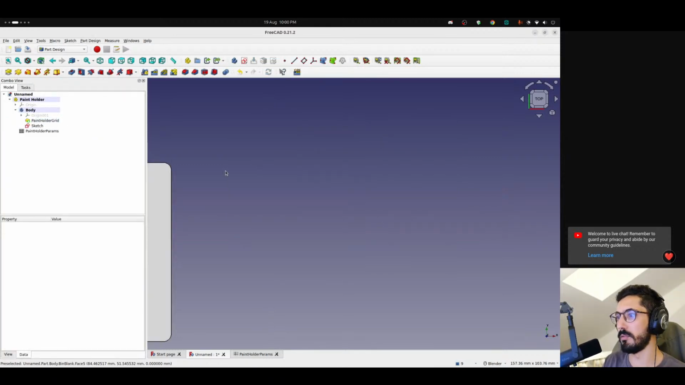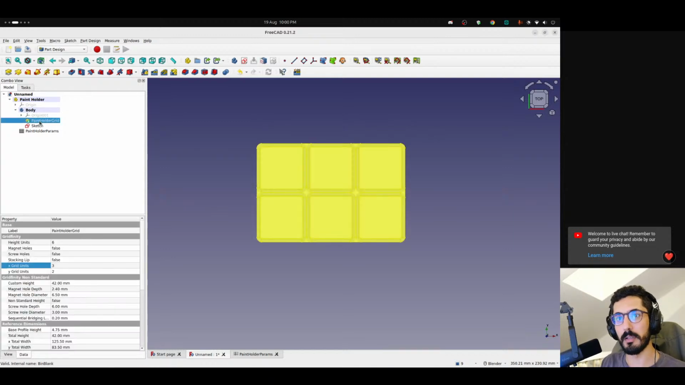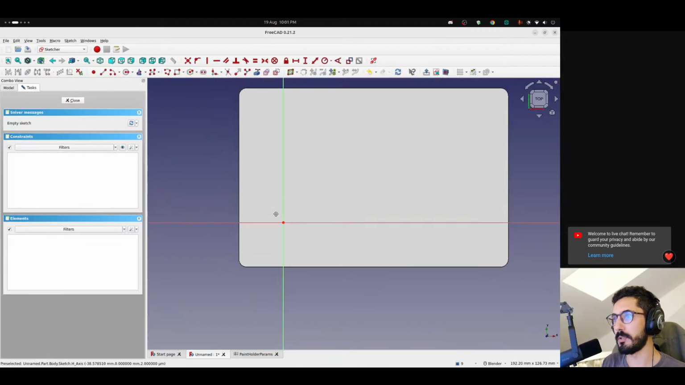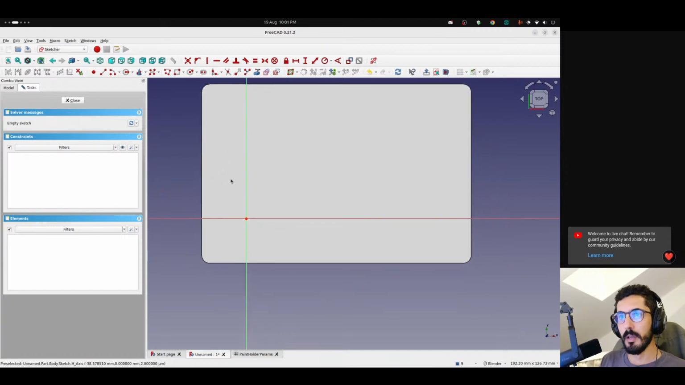Before we do the sketch, let's click on the paint holder. Oh, we cannot move it. Interesting. That's not a regular body. So we need to create a datum plane. Now I'm just gonna work from here. So the distance from here to here is going to be,